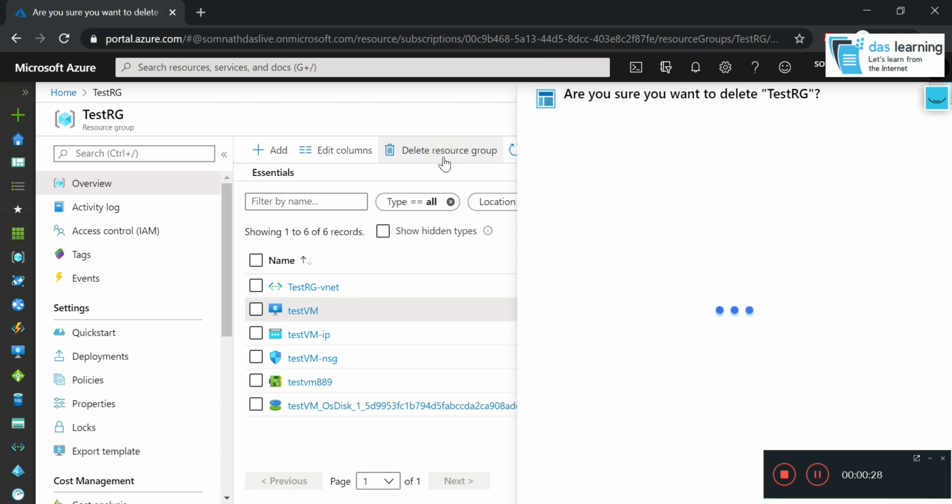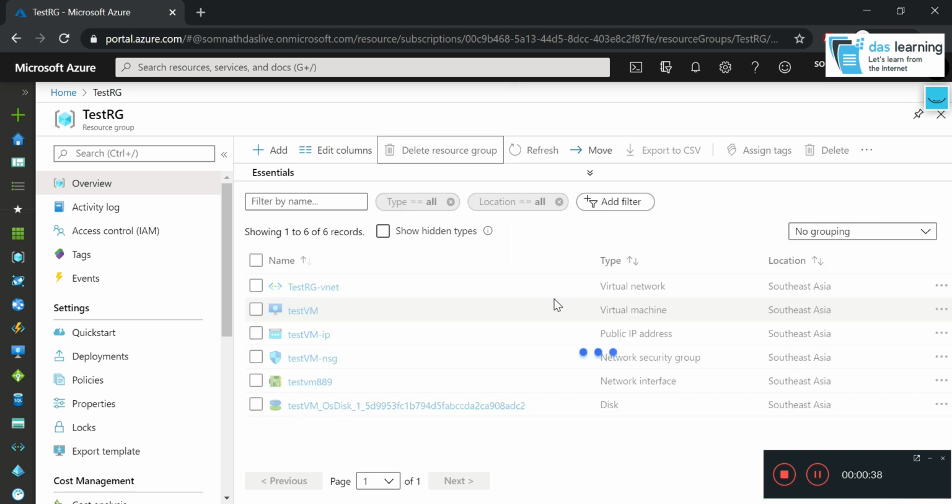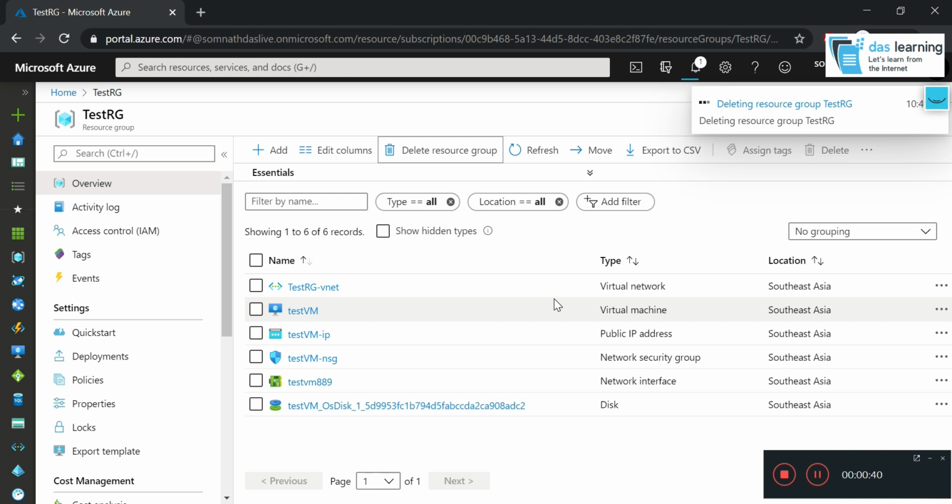If you click on delete resource group, it will ask for the resource group name, which is test RG, and I can click on delete. The entire resource group can be deleted because it is pay as you go, and all you have to do is delete everything after your test or R&D, whatever you say.